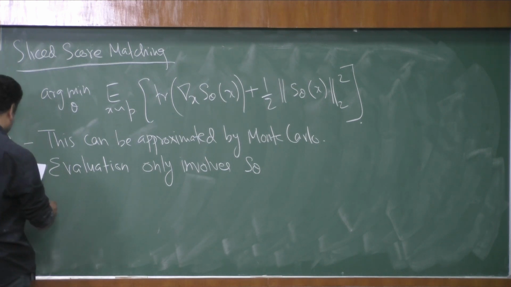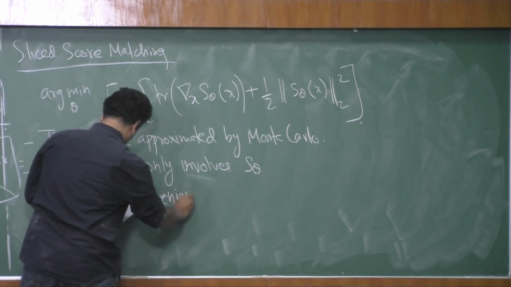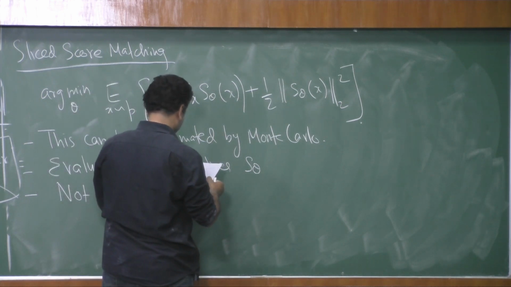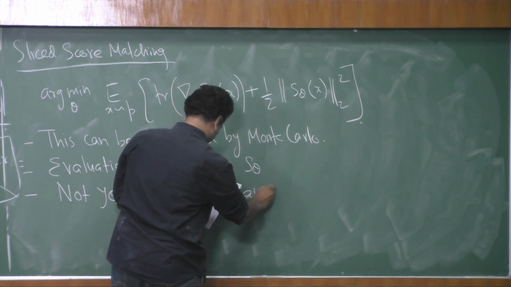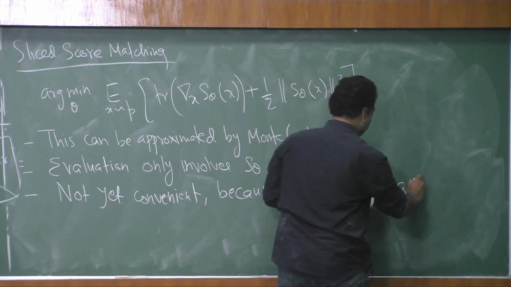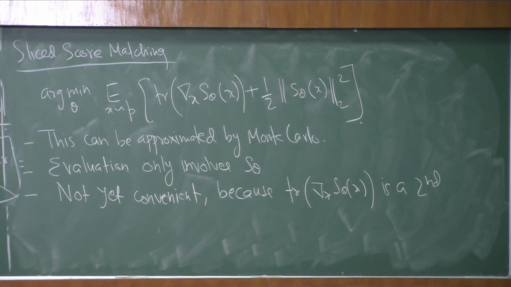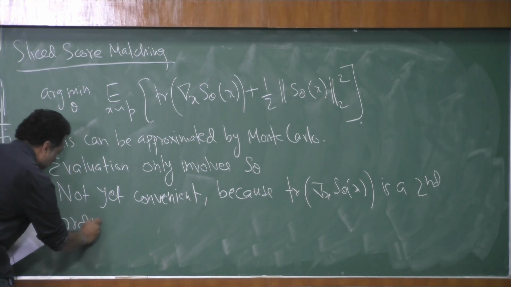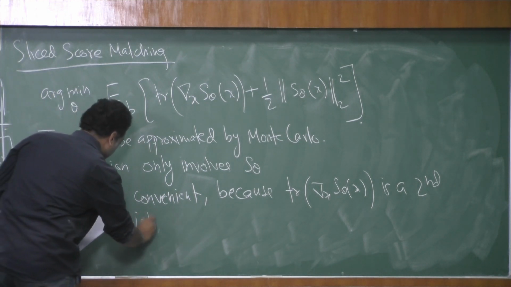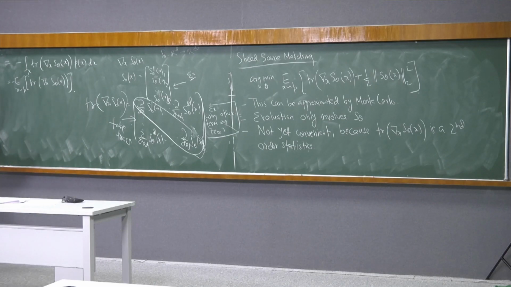The trace of grad x s theta x is a second order statistic. Second order statistics means second order terms are involved, right? It is the trace of the Hessian of log p theta,